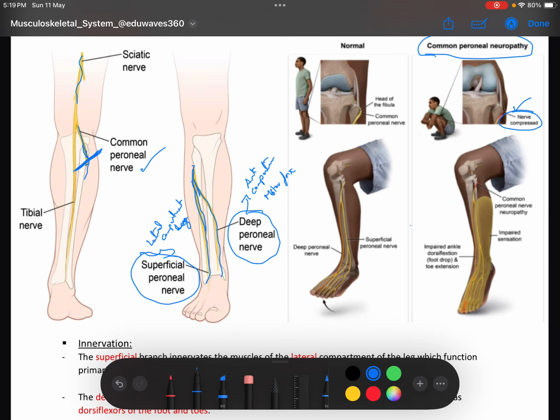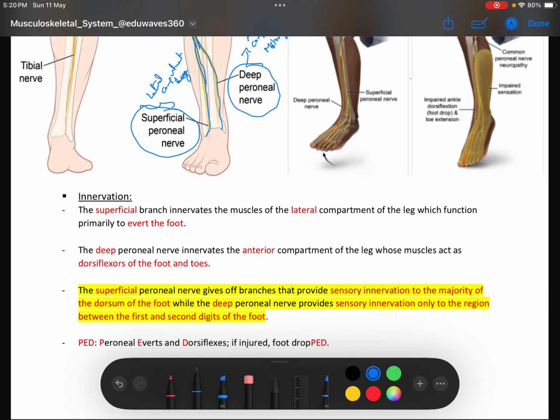So because of that we can see loss of dorsiflexion and foot inversion predominance. The superficial branch is also weak because of that injury, so ankle eversion movement will be very weak, and we can see sometimes steppage gait and sometimes